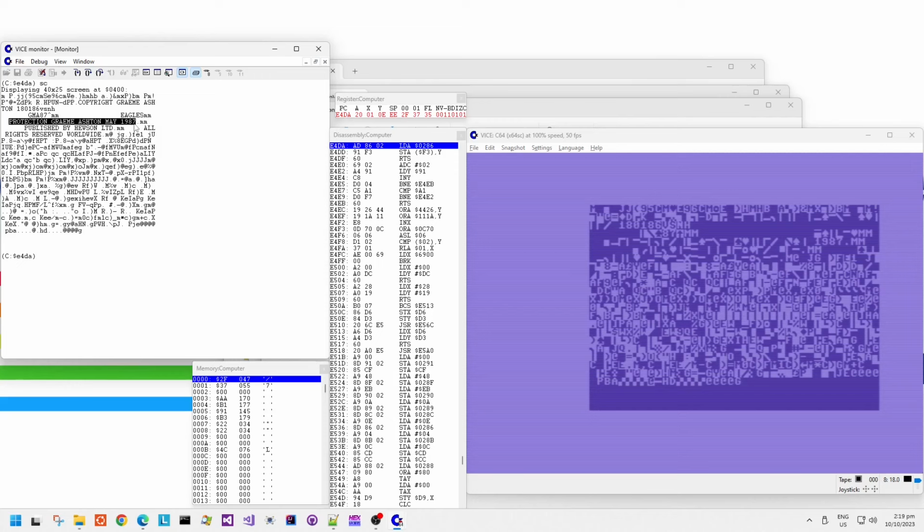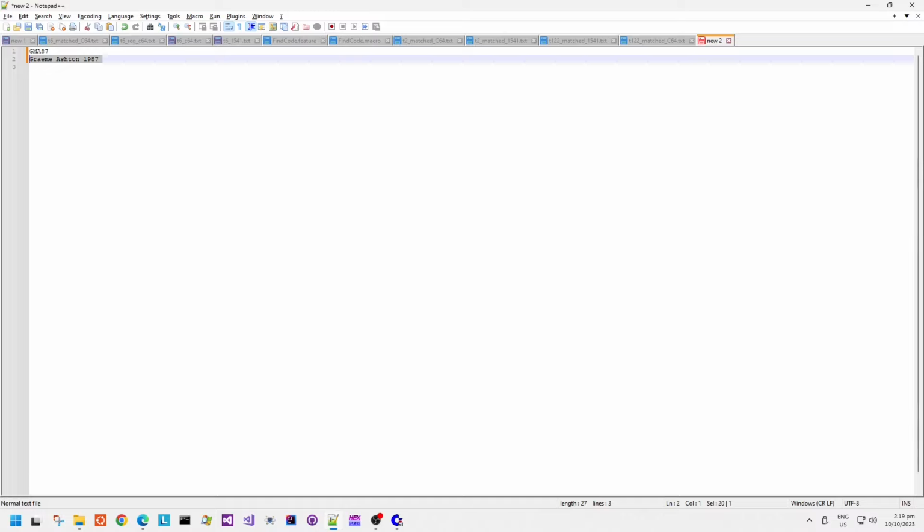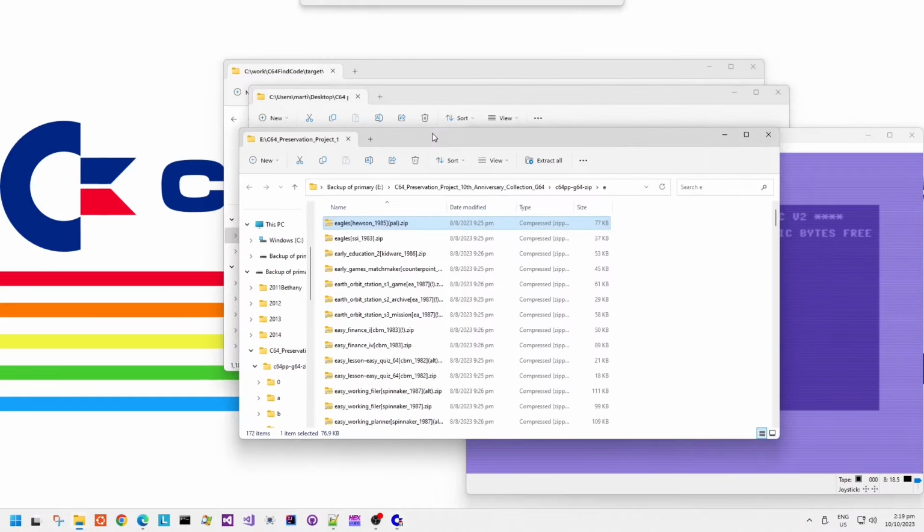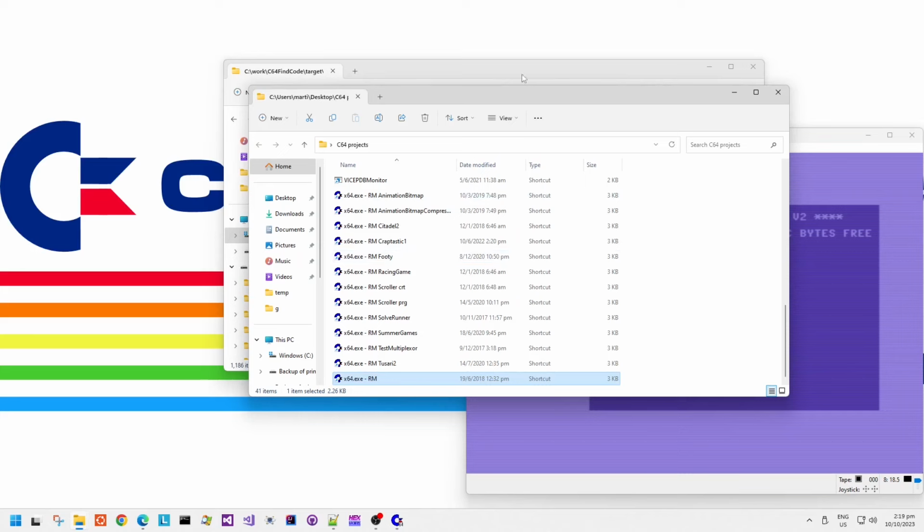Now, in the early days, especially people doing protection work would also be very skilled in writing disk turbo loaders, of course, because they're doing quite low-level disk stuff. So I was thinking at this point that perhaps Graeme would have done the work on the turbo loader as well for this game, and if this game was from 1987, maybe there's earlier ones, and there are earlier ones because I can see that there are other candidates